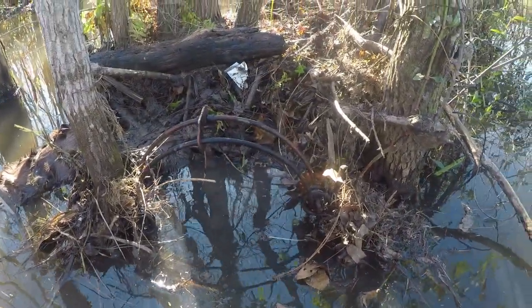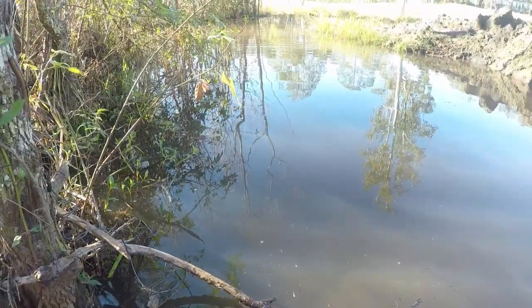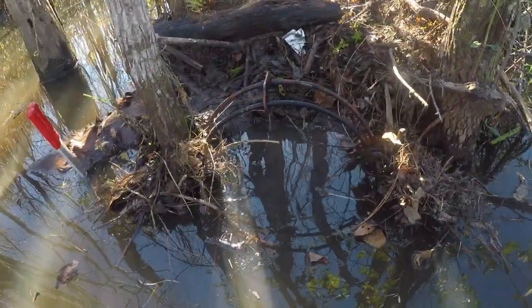So I like little sets like this when you got a little corner. So we're going to go ahead and retrieve that guy, and then I think I'm going to make a little dam break and just see if we get any more activity on this dam. So come back to